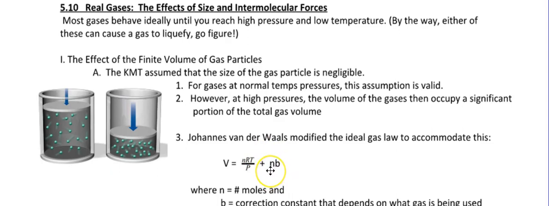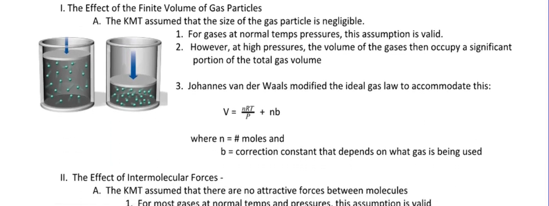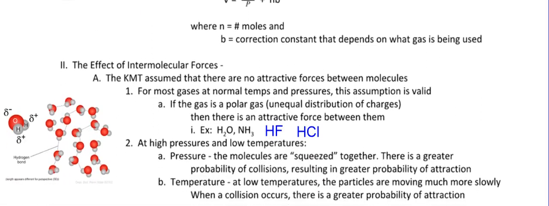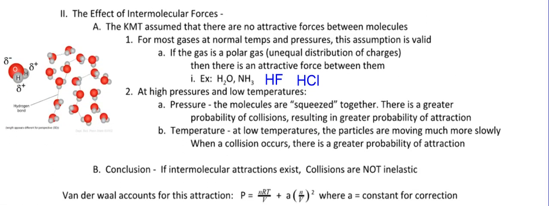So n is the number of moles, and then b is a correction constant that depends on which gas is being used. You have to look that up, okay? You will not have to do this for the AP exam, I promise you. Well, I shouldn't make promises I can't keep. I'm pretty sure, though, okay? So that's one. The more important one, the one that I think will probably show up on the AP